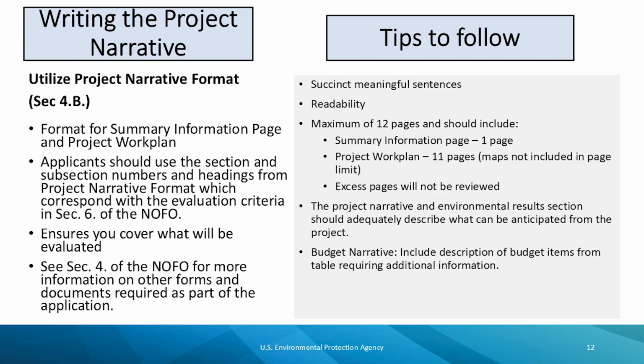The project narrative and environmental results section should adequately describe what can be anticipated from the project. The programmatic capability section should describe your organizational knowledge and experience in working with farming communities. The budget narrative should include information not easily understandable in the budget table or that requires additional information for a budget category. Examples include